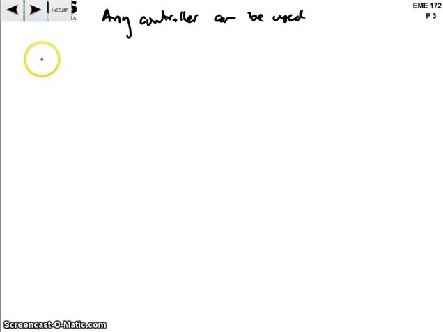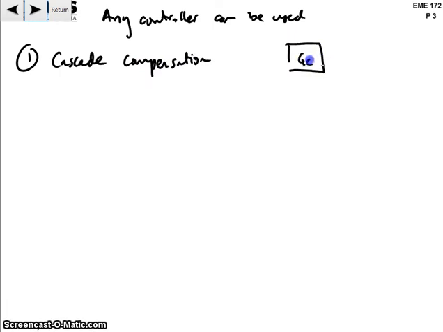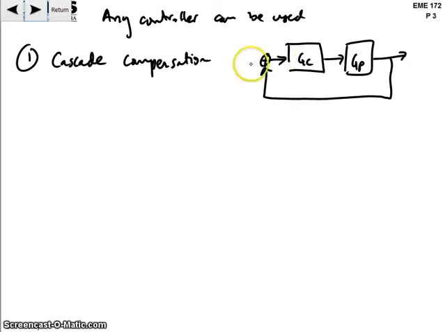So we can either have what's called cascade compensation. So cascade means that the controller is here, the plant is here, here's the reference, here's Y,